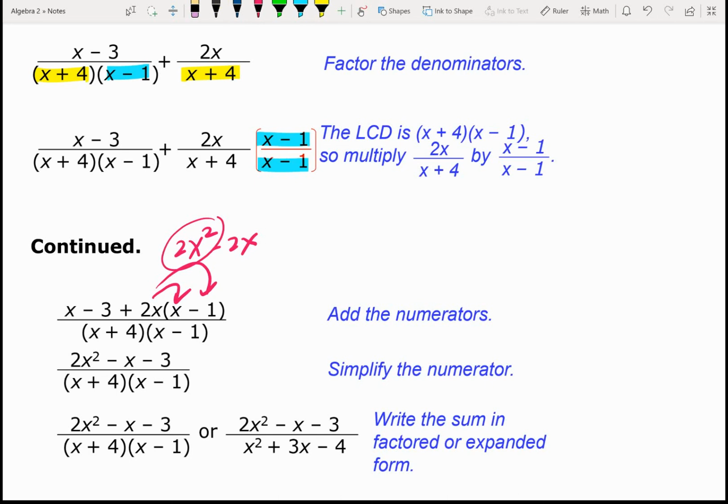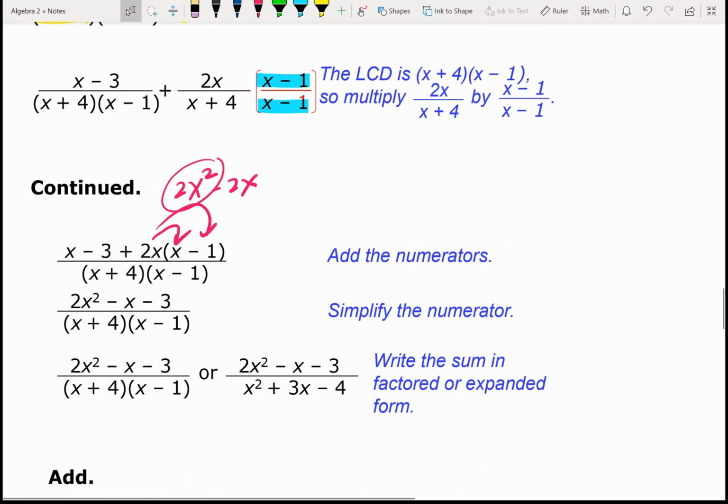And then I have an x minus 2x, which will give me a negative x. And then I have a negative 3. Okay, so when I add x minus 3 plus 2x times x minus 1, you get 2x squared minus x minus 3. And you should always try and factor if you can